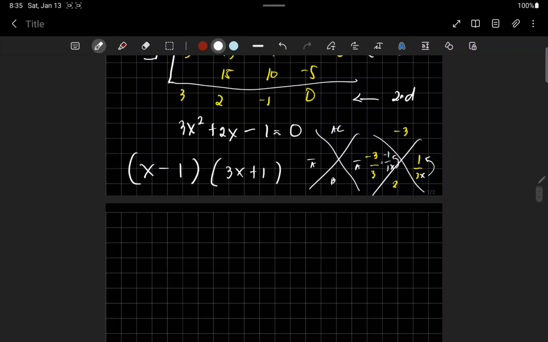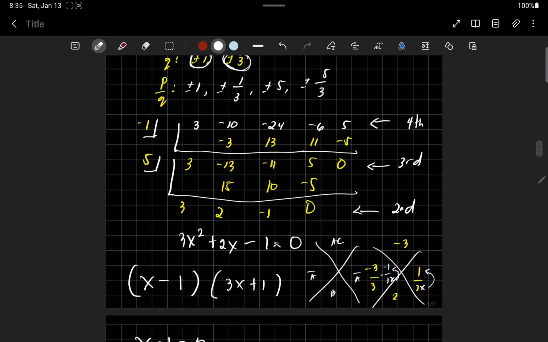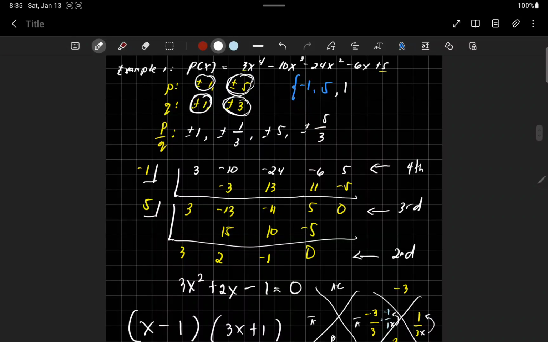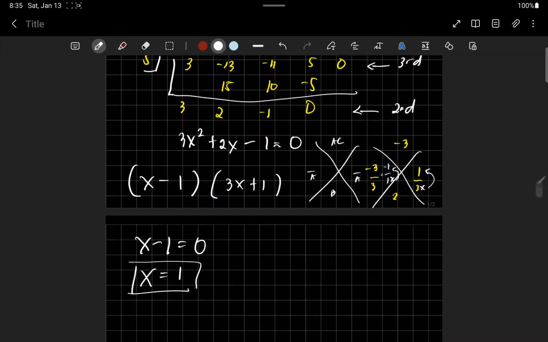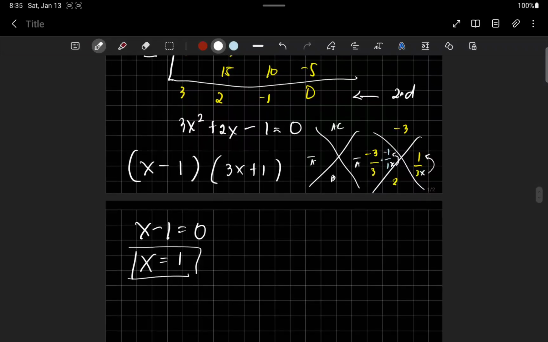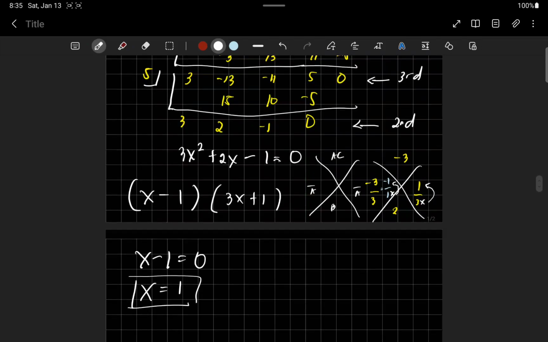Then, from here, we're going to get our roots of our equation. So, si x minus 1, kung iyan yung factored form mo, i-equate mo yan to 0, then, derive the value of x. So, transpose negative 1 to other side, you have positive 1. So, therefore, one of the roots is positive 1. And next, if you have 3x plus 1, you will have